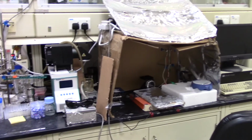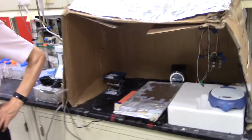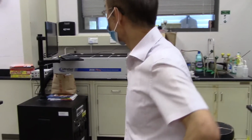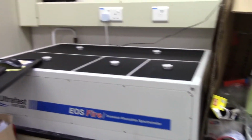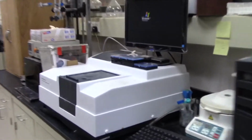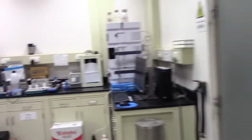This is for photochemical reactions. Okay. So in photochemical reactions, you have this ultra fast system spectrometer, basic instruments. And also